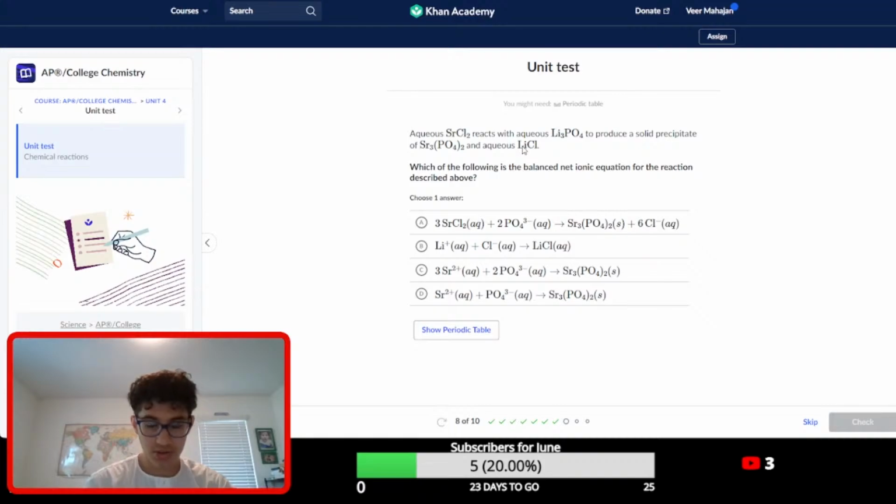Those will cancel out with the lithium and chloride in the reactants, which will leave us with just Sr2+. That's correct. PO4 has a charge of -3, so that's also correct. And then this seems correct then,